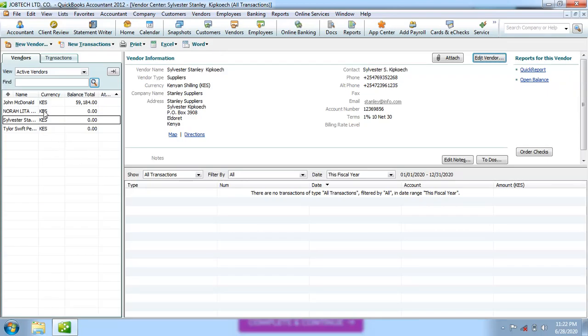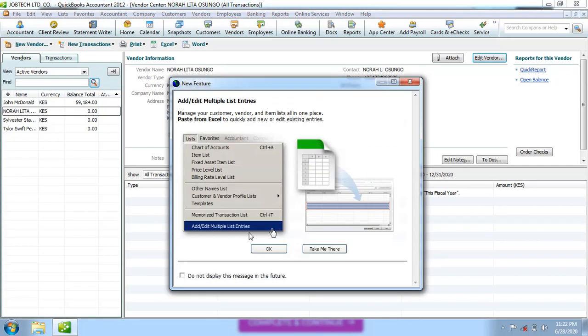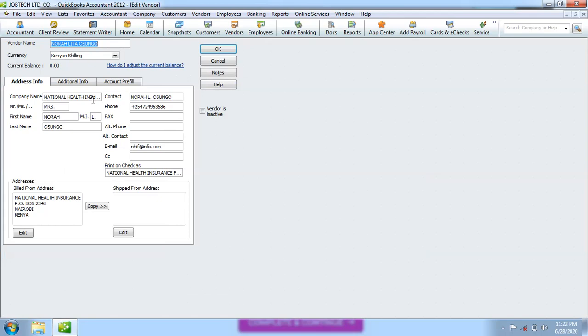Then lastly, let's come right here and let's edit this one. So I'm going to click this, actually double click, then I'll click OK. Let's make those changes. Now actually this vendor is an agency. This vendor is an agency for health insurance. So we're not going to enter a name there. We're going to remove the name and just enter the agency, which is